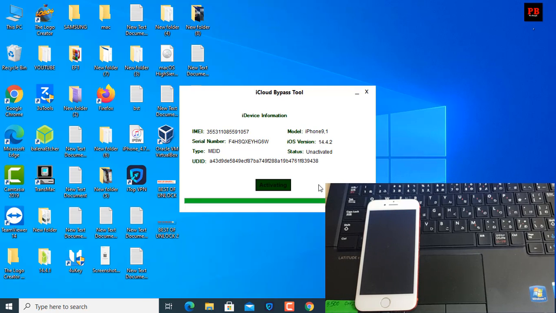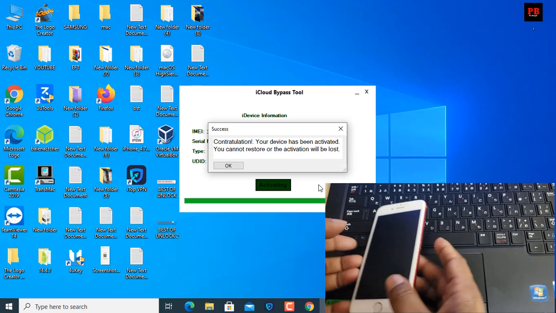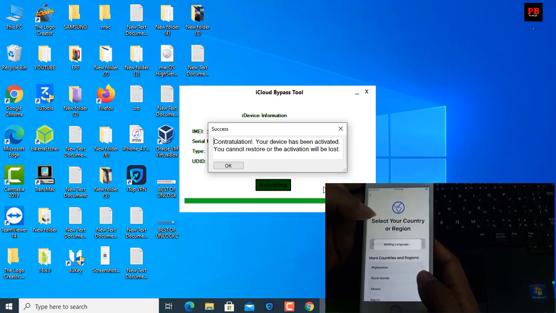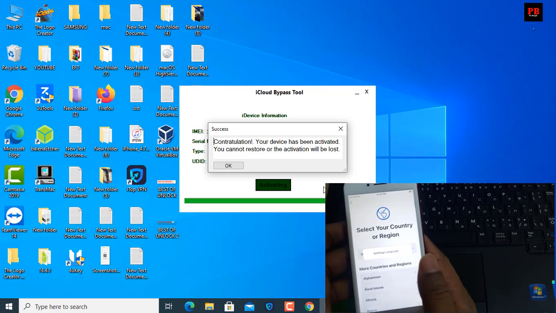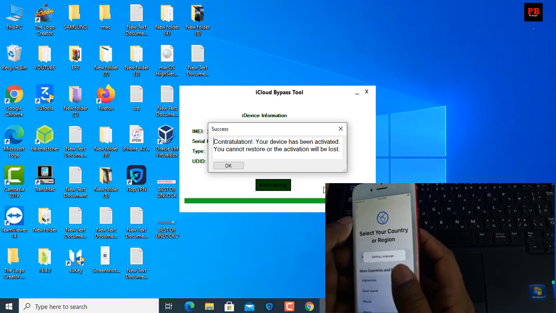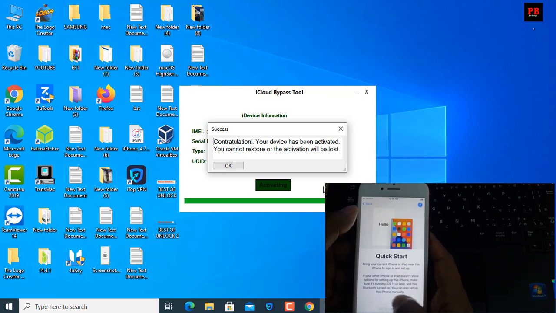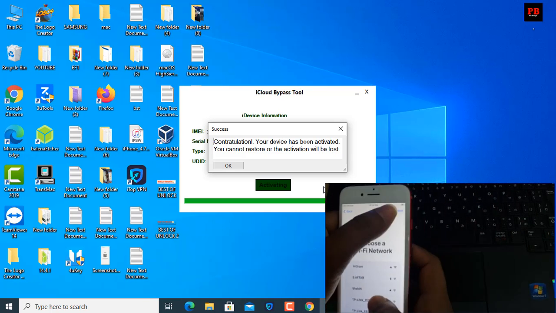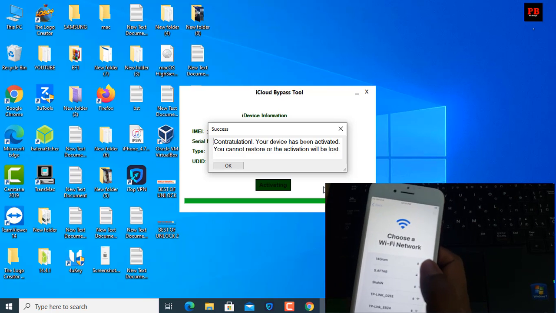Now as you can see, 96%, 100%. Okay, now click here and click. After clicking like that, as you can see, I didn't connect to Wi-Fi, but it is showing the next button.